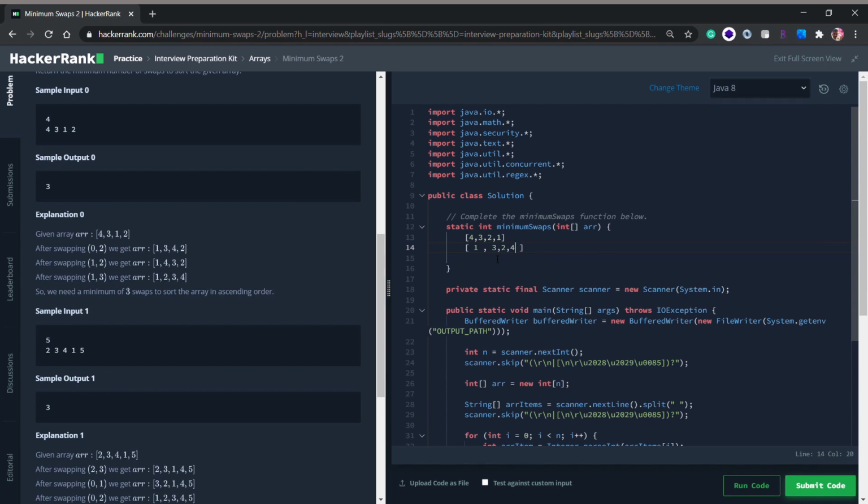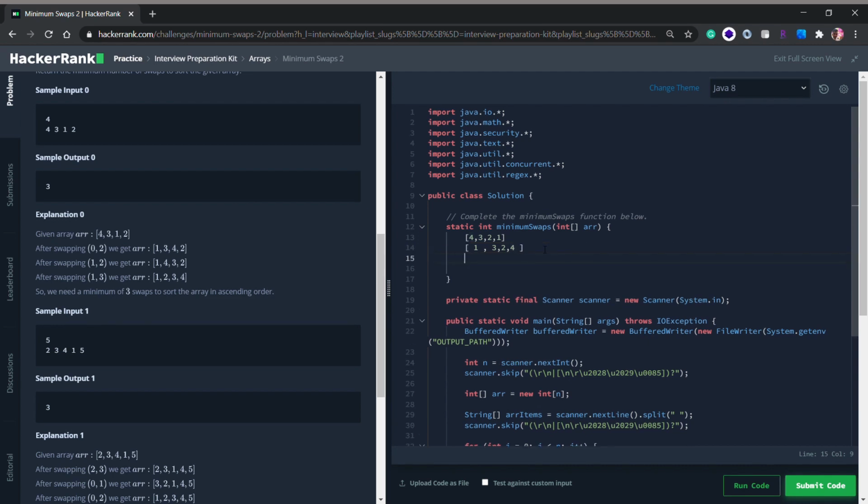Now we have our minimum element at position 0, and from position 1 to n minus 1 we can just subtract the minimum from our element at I, that is 3 minus 1, and 3 minus 1 would be 2.